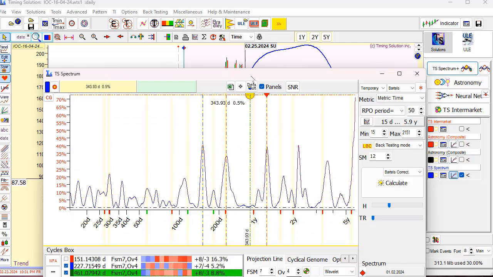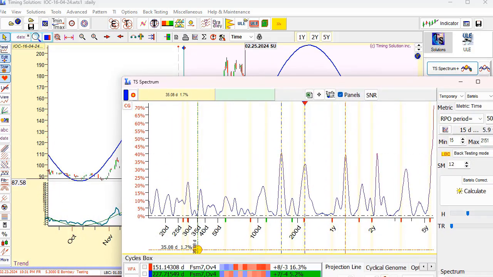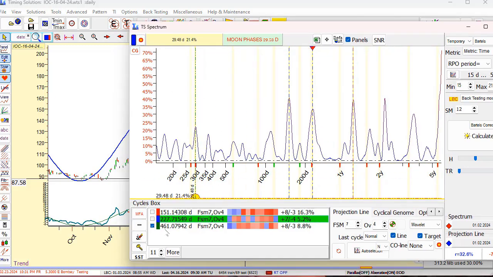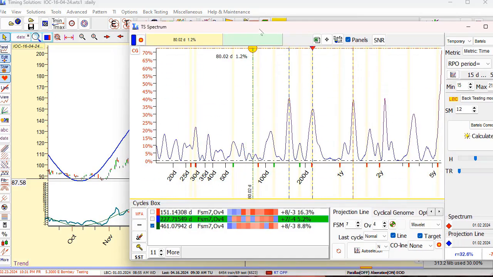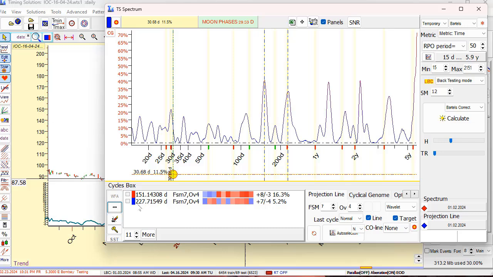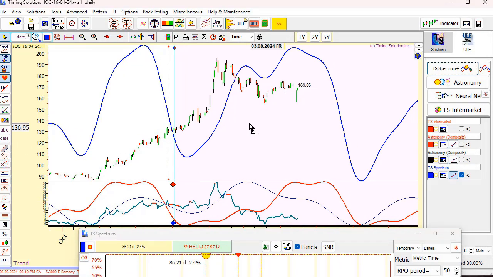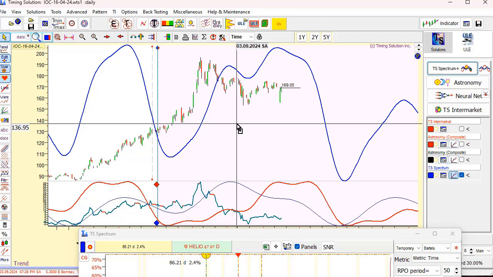Maybe this cycle works too. Let's check. This is a 461-day cycle. No, I will remove this cycle. So we have two cycles, 151 and 227. Let's check how these cycles work together in time. They forecast this. So this is our next forecast based on